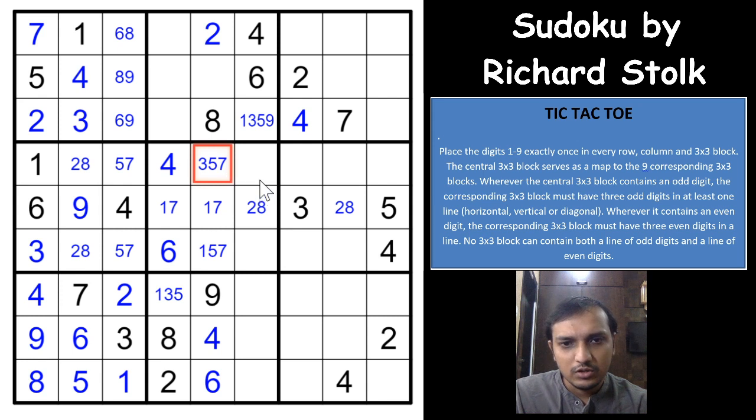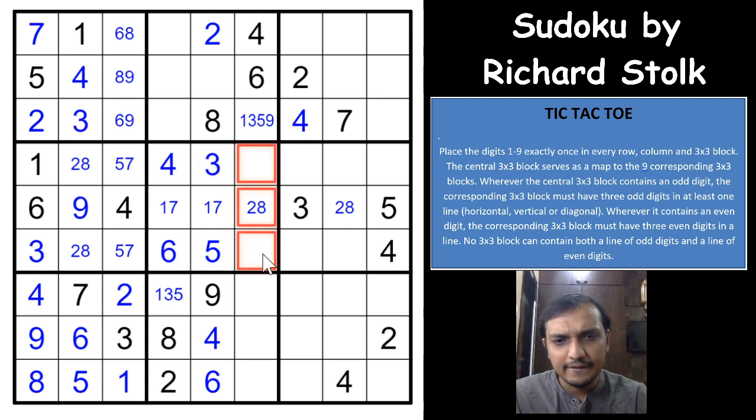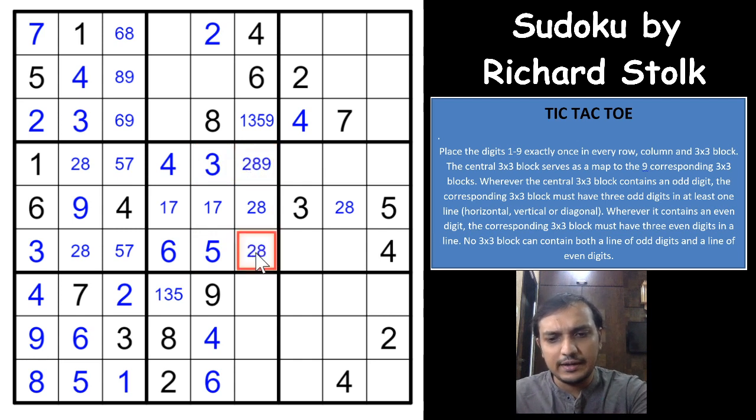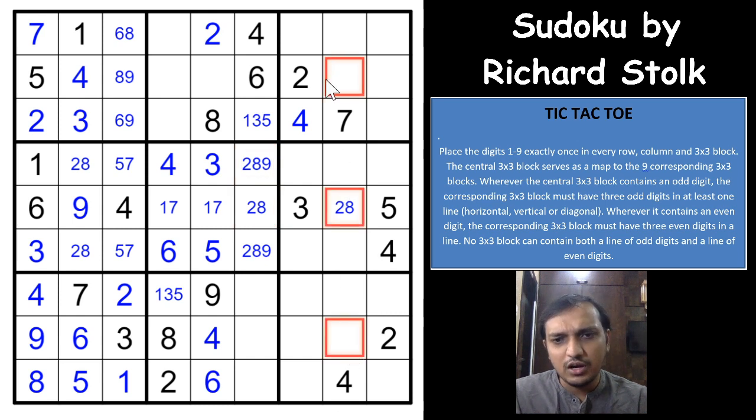Okay, so 1 3 5, okay, 1 7 pair is here, so this would have to be 5, this would have to be 3. So these 3 digits are 2, 8 and 9, right? So this would have to be 2, 8 and 9. You have a 2 8, so 9 cannot be here, so 2 8 9 triplet here. So you'll have two even digits here, which means out of these 3 boxes you will have 2 lines of even digits here, right? And let us see if we get anything else with that.